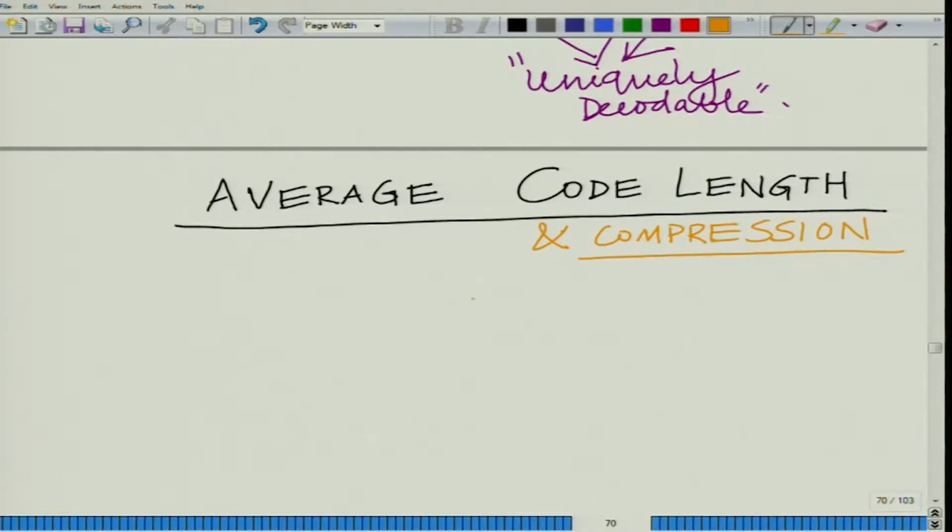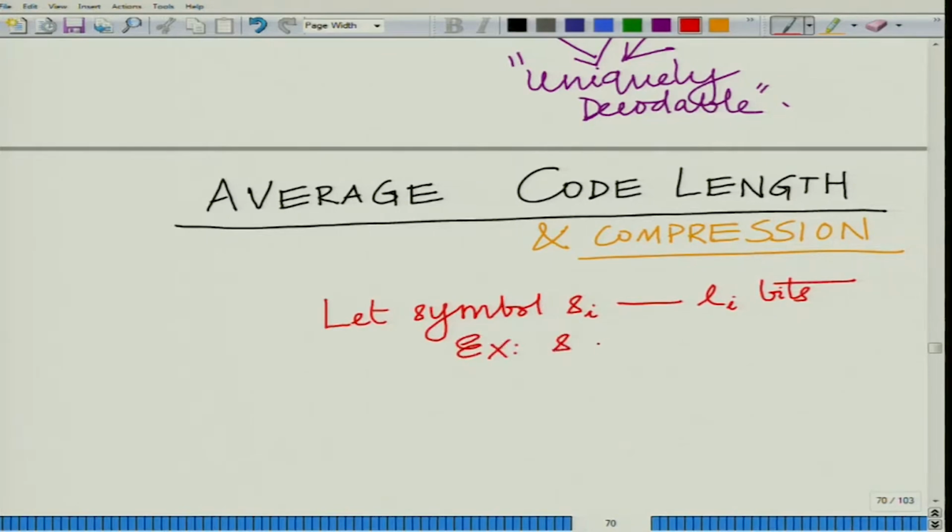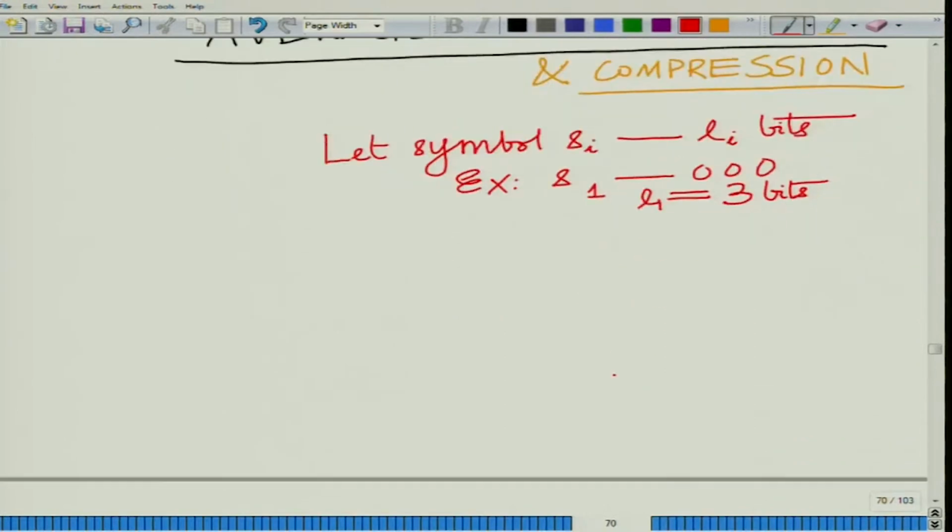For instance, let symbol Si be represented using Li bits. Example: S1 is represented as 000, equal to 3 bits, so L1, the length of S1, equals 3 bits. Okay. Now, let the probability of occurrence